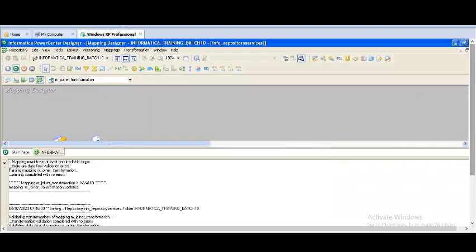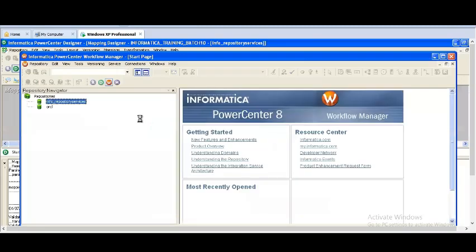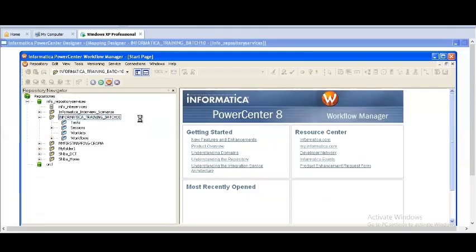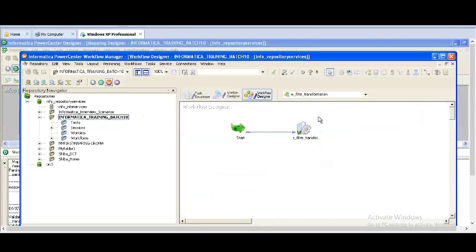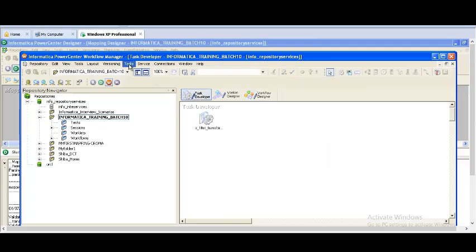Now I am going to the workflow manager, where we'll create the task. Yeah, this is the workflow manager. I will go into the task developer. In the task developer, there is a process given. The first thing I need to